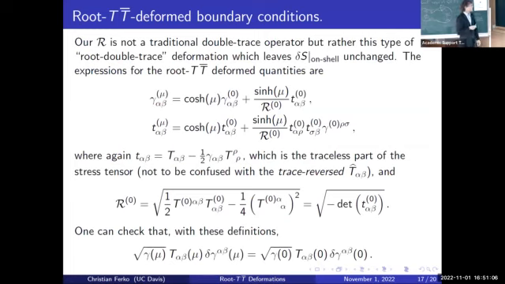So this is a very simple exercise, but with these modified boundary conditions, you can simply plug in. First you compute the traceless part of the deformed stress tensor, and then you add back in the trace so that you get the deformed capital T. That gives you the deformed stress tensor using root TT bar. You can convince yourself that the trace of that deformed stress tensor with respect to the deformed metric remains 0. So it's not as interesting as the trace flow equation for the regular TT bar, where trace T is minus 2 lambda TT bar or something like that, which is an equivalent definition of the deformation. Here, it's simply the statement that the trace stays 0. Right?